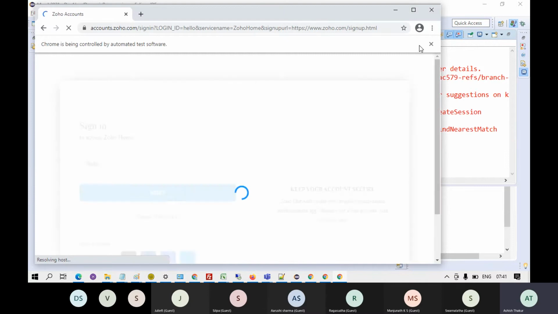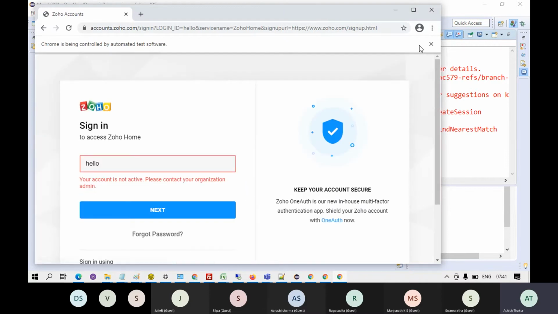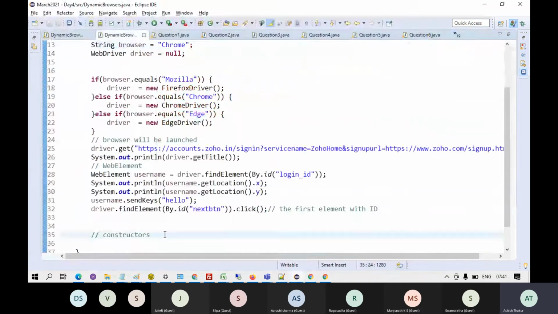Generally, when we run the scripts, we want our browsers to open in a maximized state. So there are a few settings in the browser. Basically, the requirement is there are a few browser configurations with which we need to launch the browsers. They can be like, say, the browser should be maximized.